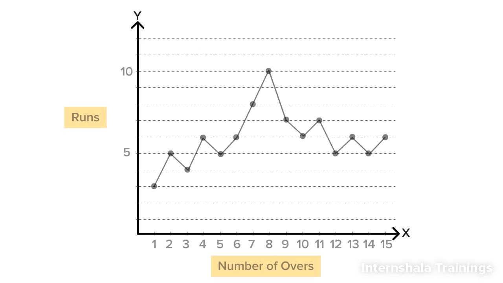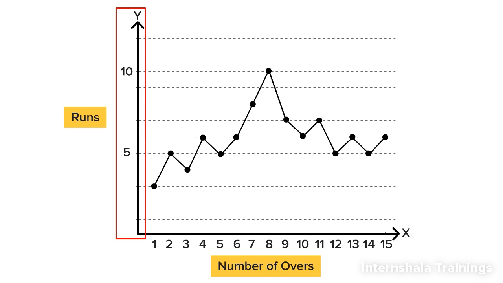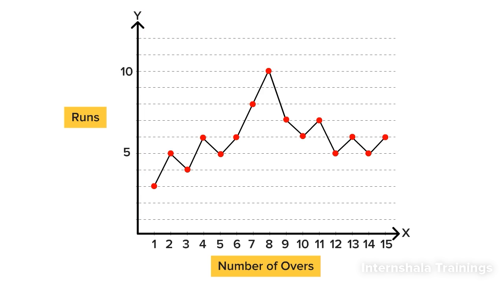The graph shown here is a line graph. It represents graphically the runs scored per over in a cricket match. Here, the x-axis or the horizontal axis represents the over numbers and the y-axis or the vertical axis represents the runs scored in an over. So based on the runs scored per over, the data points are plotted based on x and y values. Once the points are obtained, the dots are joined using a line. Looking at the chart, we can easily identify which was the most expensive over and which was the most economical over. Such inferences or conclusions can be drawn from this graph.